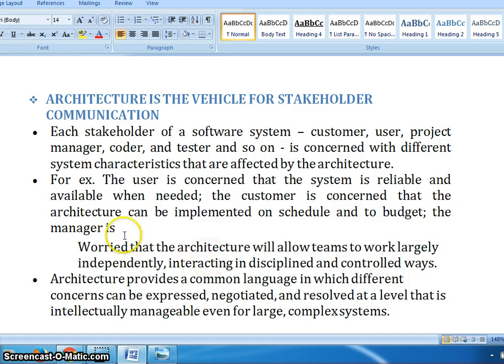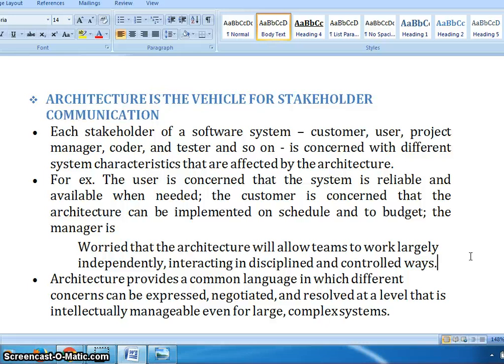The manager is worried that the architecture will allow the teams to work largely independently, interacting in a disciplined and controlled way. So I want to develop one software, and I want to publish it. I want to launch it in the market by next month, that is in the month of October. This is my target date to complete all the assigned tasks for that software.